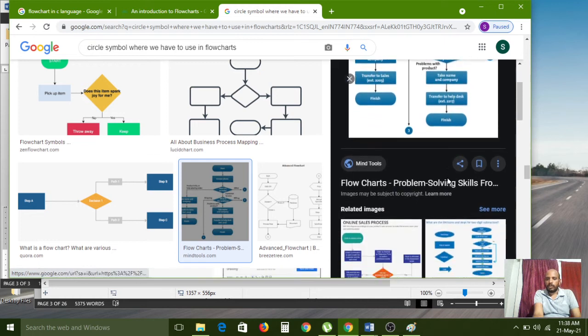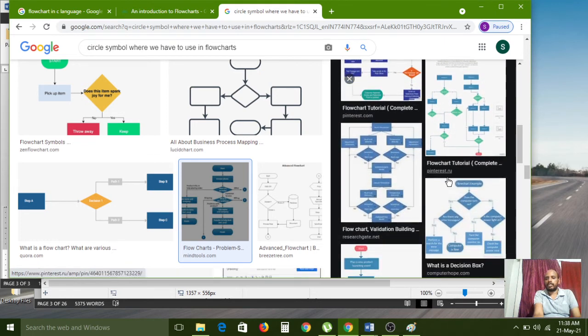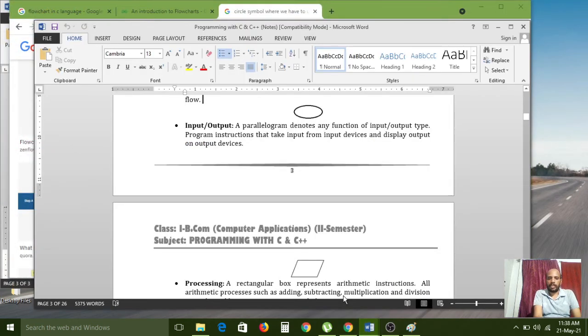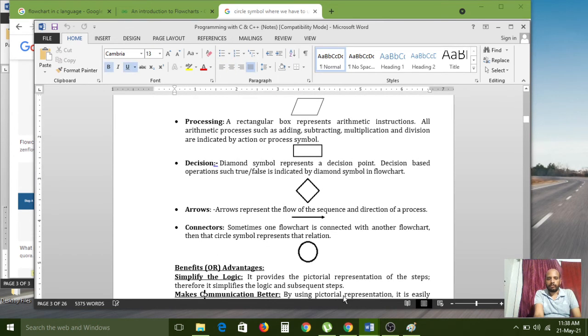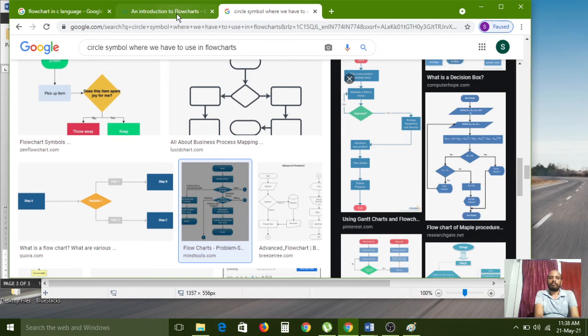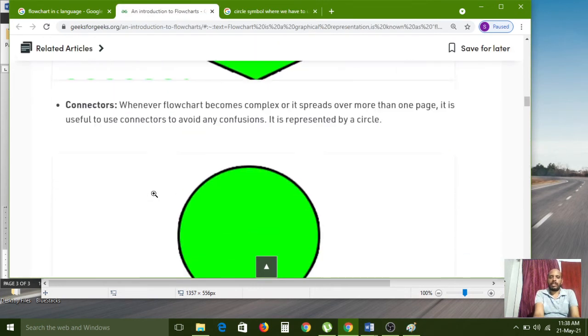So like that we can use circle symbols only if it can execute for that purpose. Sometimes one flowchart is connected with another flowchart, nothing but another part of the program. For that we can represent with this one. And arrows option is also there. So connectors are used like that.